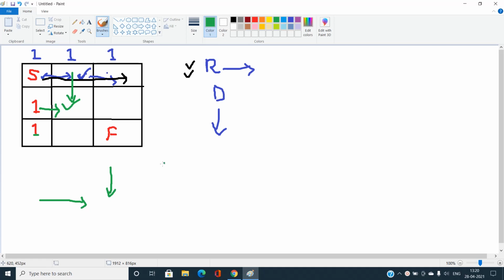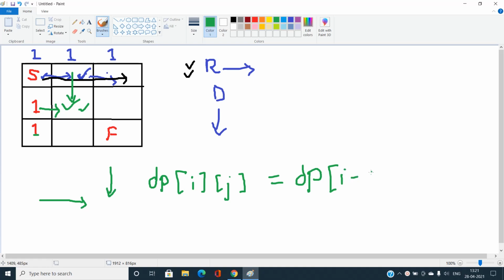So we can either come from this up cell or we can come from this left cell. Okay, so if you have been asked what is the total number of unique paths up to this cell, you can say the total number of unique paths up to this cell, that is dp of i j, is equal to the total number of unique paths to reach the up cell, that is dp of i minus 1 and j, plus the total number of unique paths to reach this left cell. Okay, so it should be dp of i, j minus 1. So this is basically our dp relation that we need to apply for every cell.